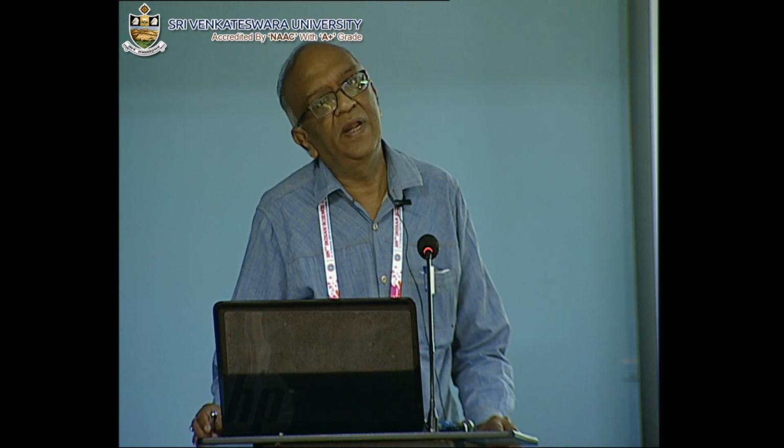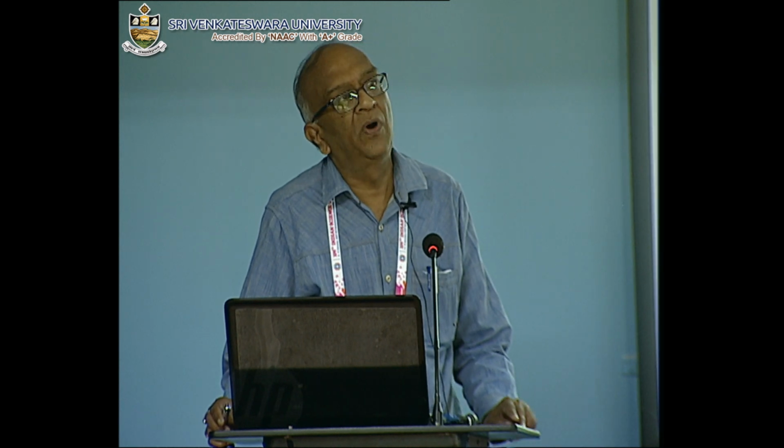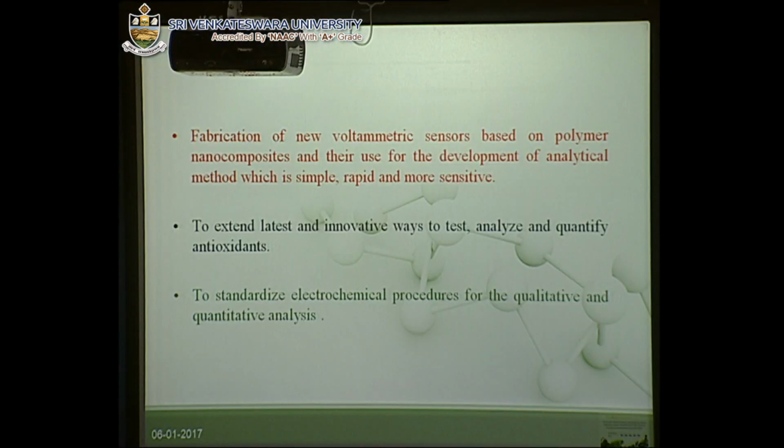I have taken here an example of eugenol, commonly known as clove, and how we can estimate and monitor the amount of antioxidants in a person while giving a dose of antioxidant, whether antioxidants are required or not, by electrochemical method. I shall discuss here the voltammetric method and development of voltammetric sensors for molecular recognition